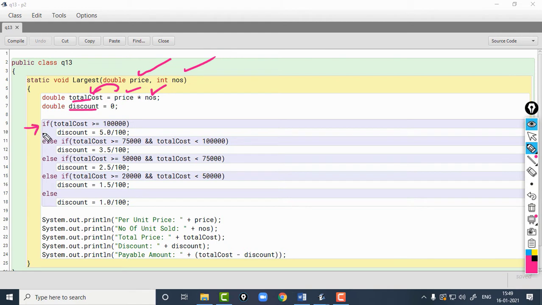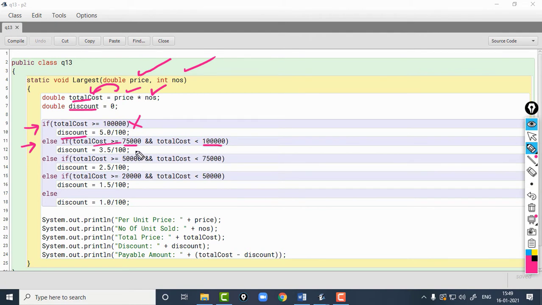Then I'm checking the value of total cost. If the total cost is greater or equal to 1 lakh, then I am simply assigning 5% in the variable discount. And if this condition is false, then the next condition is checked, which is total cost greater or equal to 75,000 and total cost less than 1 lakh.